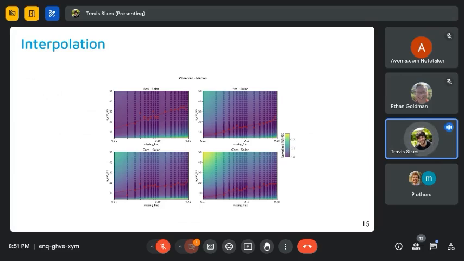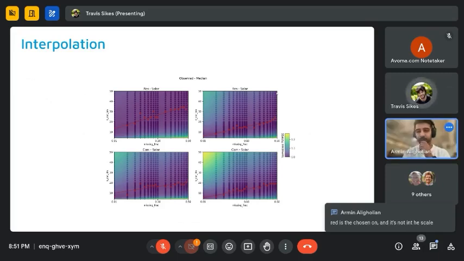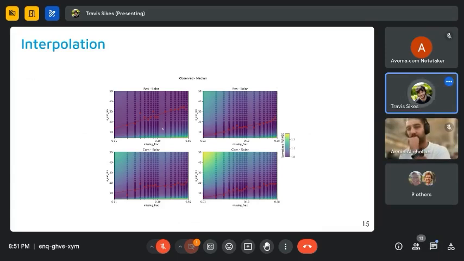Armin, do you mind going and looking at some of the old plots and telling me if the left side or the right side is the non-solar? I know I got it somewhere. Check it right now.